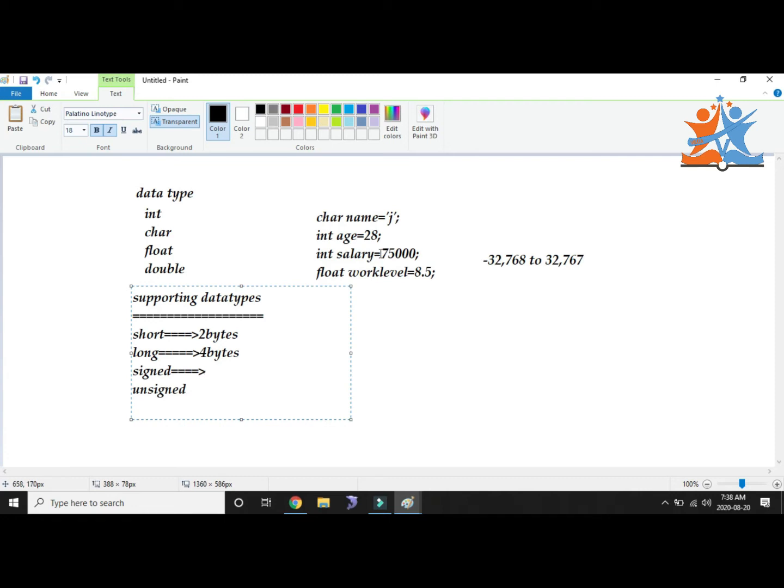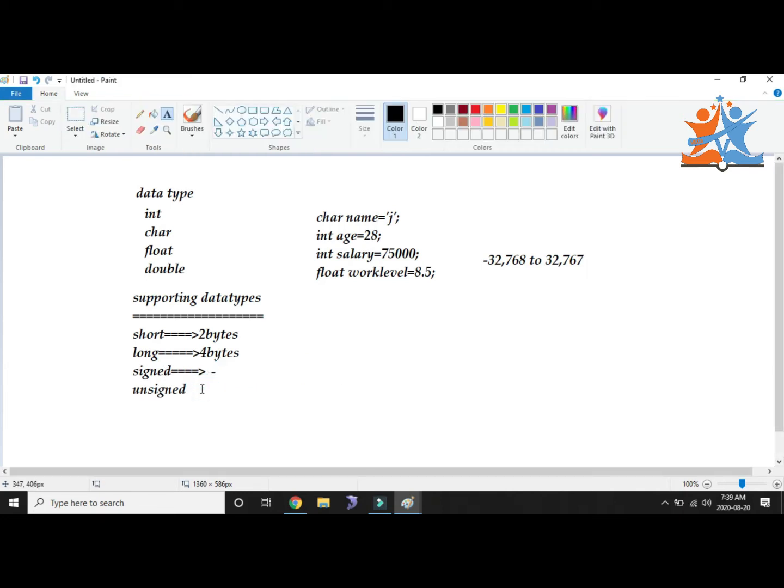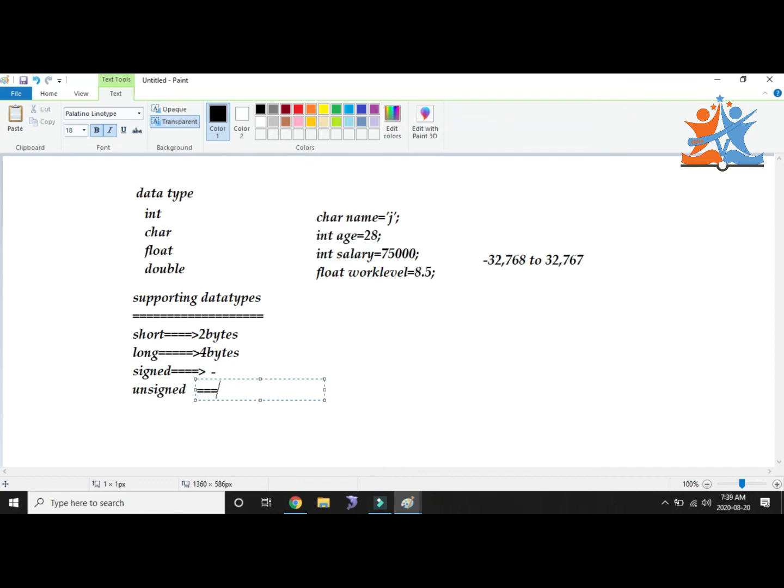Signed. Generally we write all integers in signed form only. Signed means what type of sign you want to use, minus. For example, if you specifically want a minus value, then you can go with signed. And another one is unsigned.